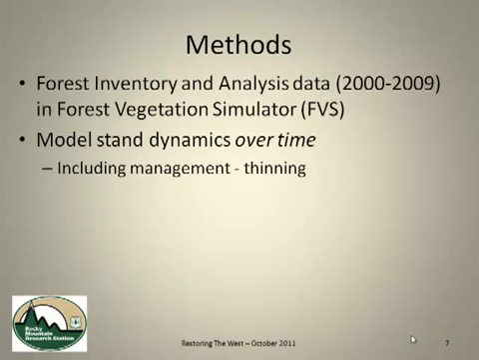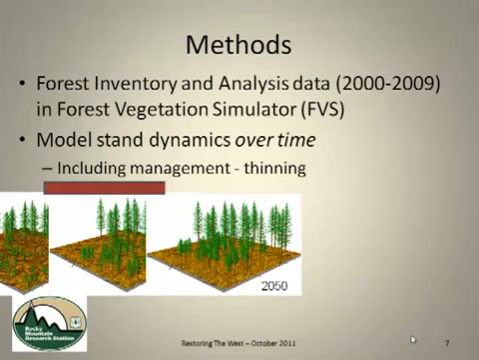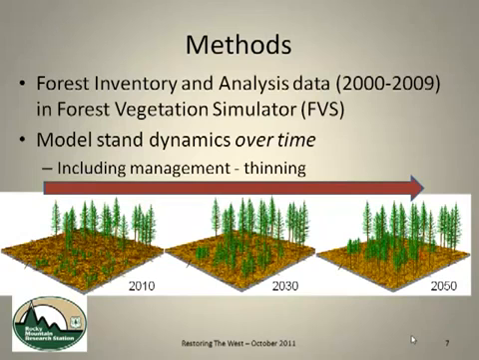I'm going to do this using the Forest Inventory and Analysis data from the most recent full annual inventory that encompasses the years 2000 to 2009. And what I'm going to do is import this data into the Forest Vegetation Simulator. This is a very complex growth model, and one of the benefits of this model, besides quantifying what's on the stand now, is that it will simulate growth, mortality, and growth response to thinning over time, and give us quantitative output